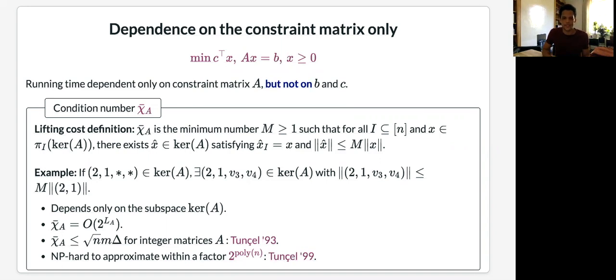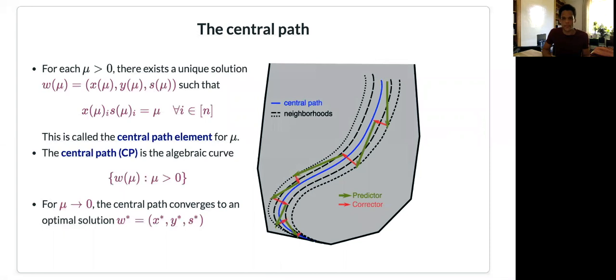Important to the algorithm of Vavasis and Ye, as well as to our algorithm, are interior point methods. What are interior point methods doing in general? Interior point methods are following a central path. Given a parameter mu that is non-negative, and assuming that the primal and dual feasible sets have non-empty interior, then there exists a unique primal-dual feasible pair of solutions such that for every coordinate, the product of the primal variable and the dual variable is exactly mu. Now the collection of these pairs for all mu is defining an algebraic curve, which is the so-called central path. And interior point methods are now following this central path.